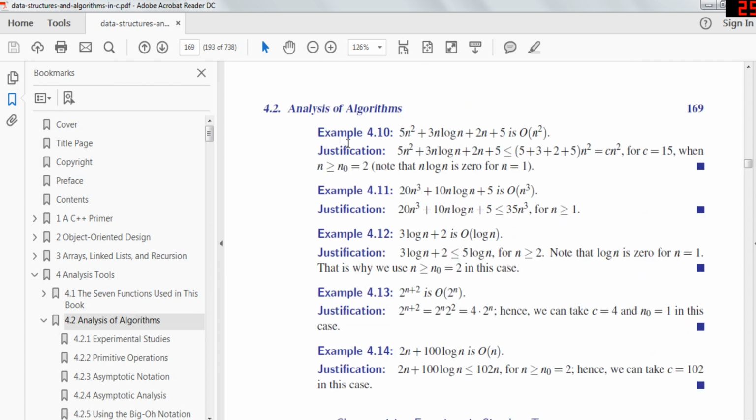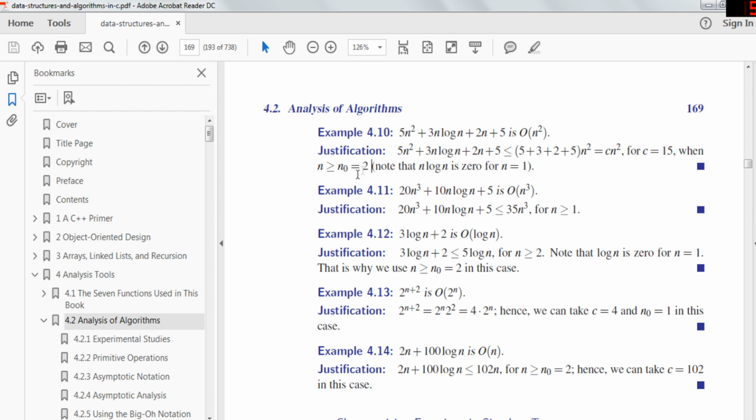Alright, so here, 5n squared plus 3n log n plus 2n plus 5 is O of n squared. Why? Because we're only caring about the worst case scenario of this. The justification is that 5n squared plus the rest of the equation is less than or equal to 5 plus 3 plus 2 plus 5 times n squared, which is equal to cn squared, for c equal 15 when n is greater than or equal to n naught